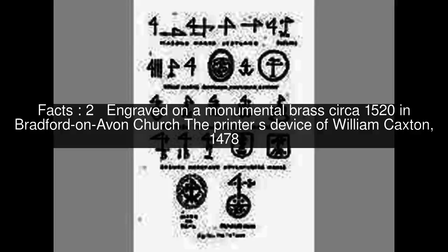Merchant's mark of Thomas Horton, died 1530, wool merchant of Ilford, Essex, used on Wiltshire English woolens sent to Flanders. Engraved on a monumental brass circa 1520 in Bradford-on-Avon Church, the printer's device of William Caxton, 1478. Merchants' marks are as old as the sealings of the 3rd millennium BCE found in Sumer that originated in